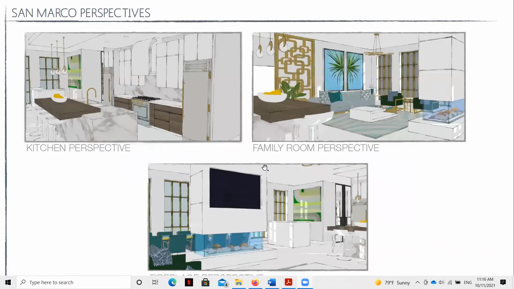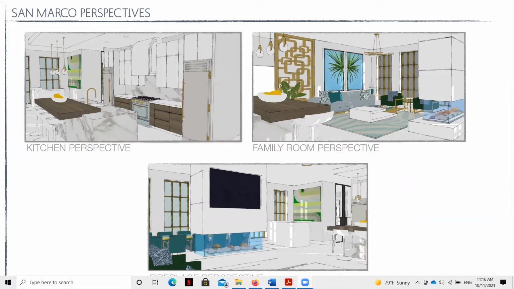You can see here the drawing types used to represent the focus area of this project is a series of perspective drawings. Now, the labels here are so helpful to show the space that we're looking at. But if this were my presentation, I would bring in that really small key plan below and then show the camera views that we have learned about in creating our rendered floor plans.